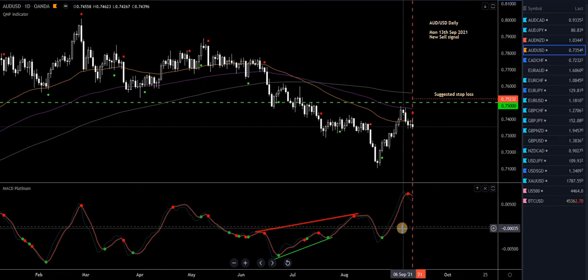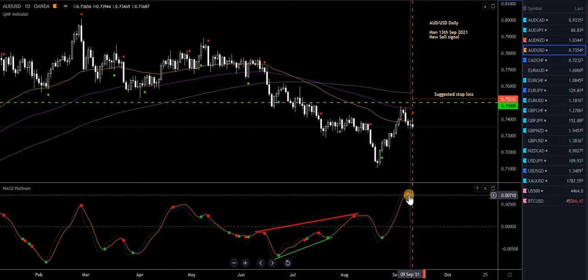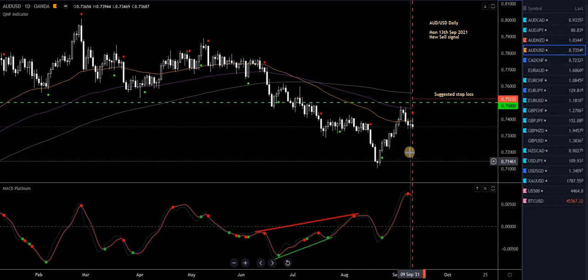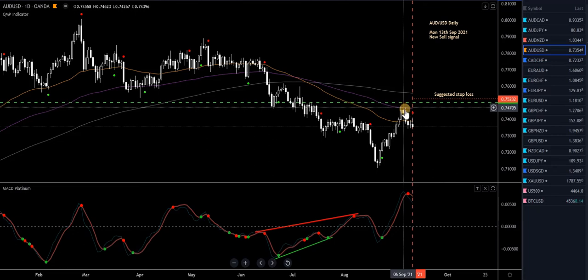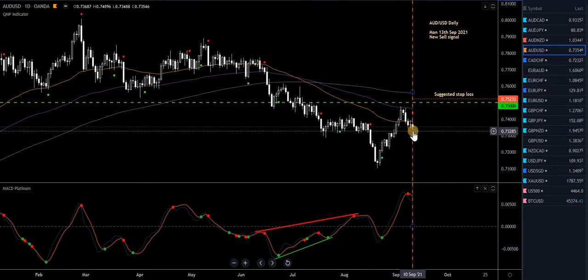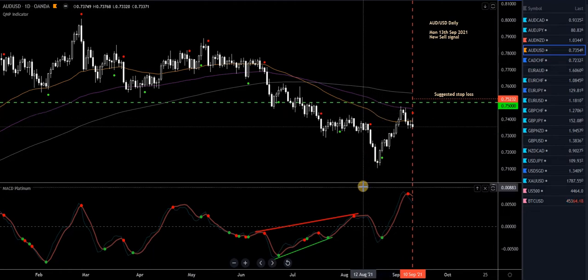So that's a good thing. Remember, we're looking to sell when it's above the zero level. And the dot on the MACD Platinum is actually a couple of candles before, which is good. Price has come back to the MAs, which is good. We had a slightly bearish candle on Friday, which is good. Look, you could make an argument that there's